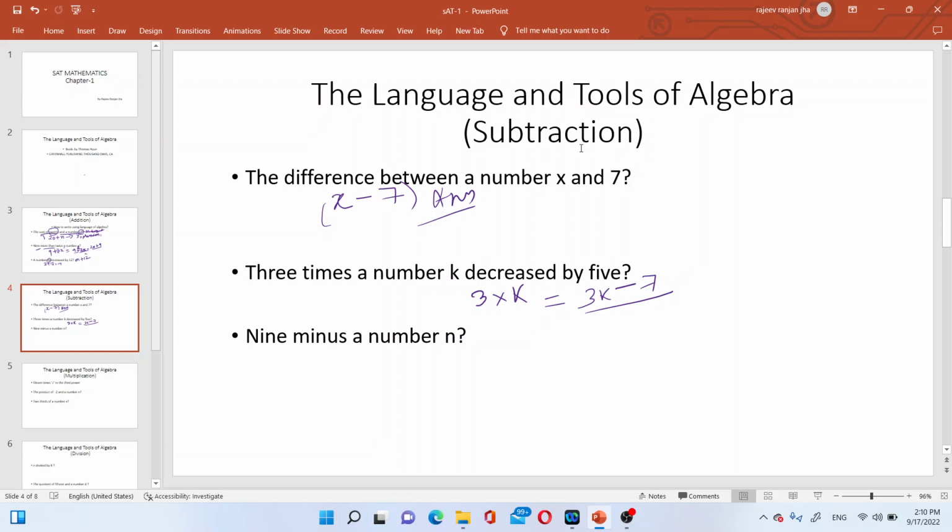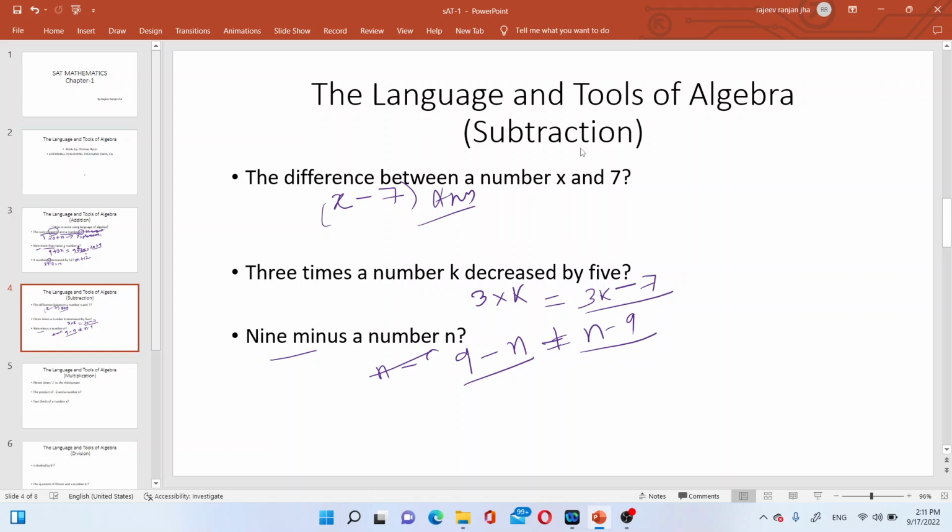9 minus a number n. This I am not solving. Okay. I will also solve, but it is very easy. So 9 minus a number n. So n is the number and 9. Sorry, we are actually doing it wrongly. 9 is given first, minus a number n. Correct? And believe me, why I did it wrongly was with a purpose, because this is not equal to